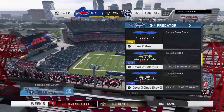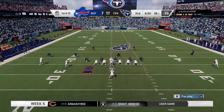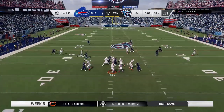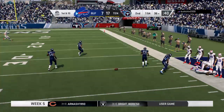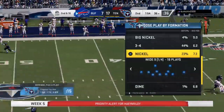After one, 17-7 is our score. The Bills with the football as we start quarter number 2, as they've got it with a 1st and 10. Throwing on first down is Allen. And that'll wind up incomplete. You know it's bad when you're trying to give him room to run under it, but it's second